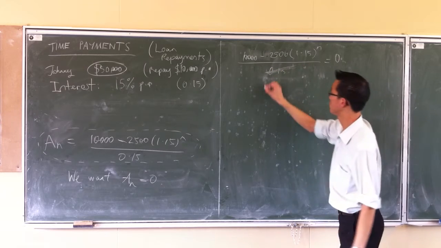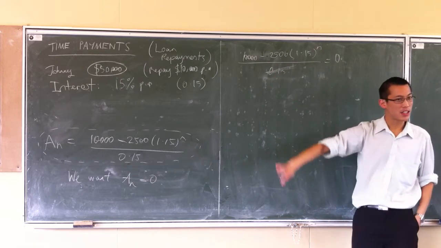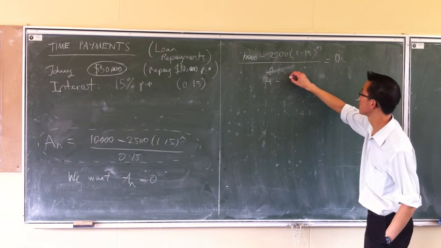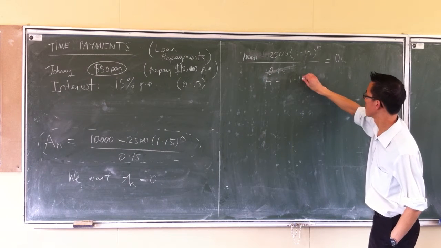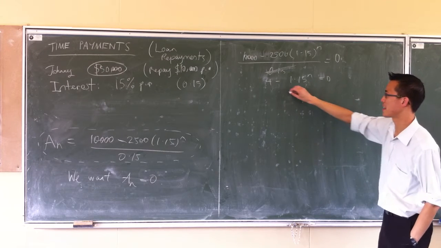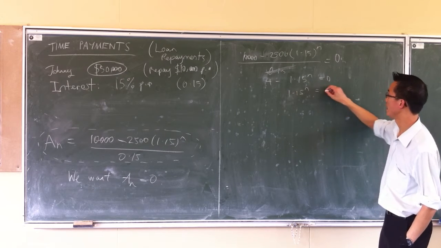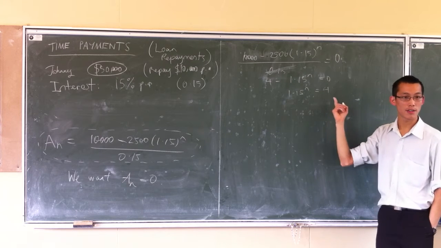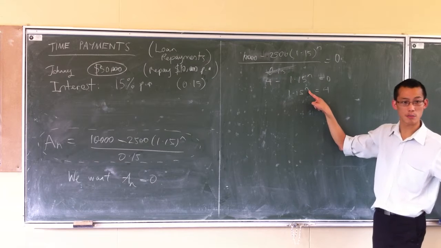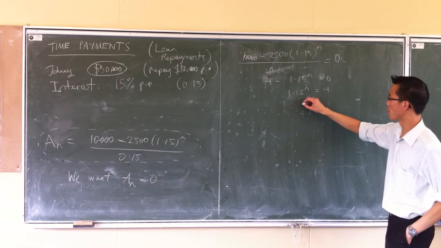So just go, whoop. Then here I can divide by 2,500, to make my numbers a little neater. I've got 4 minus just that guy. Kick him over the other side. Actually, maybe kick him there, so we have the n on the left, but change the negative. And now, of course, just like before, when you're trying to work out time, you're always going to have to bring out logs, right? So I'm going to rewrite this as,